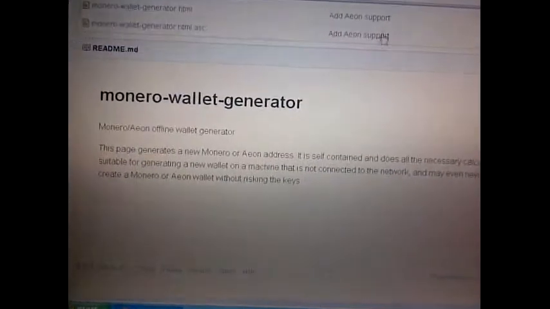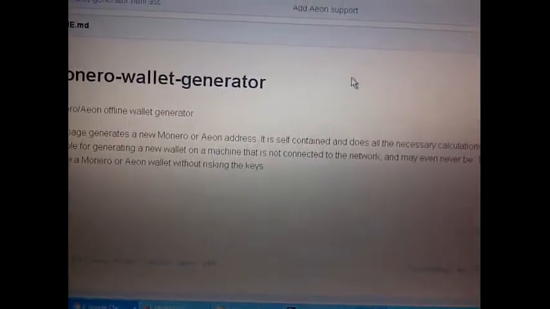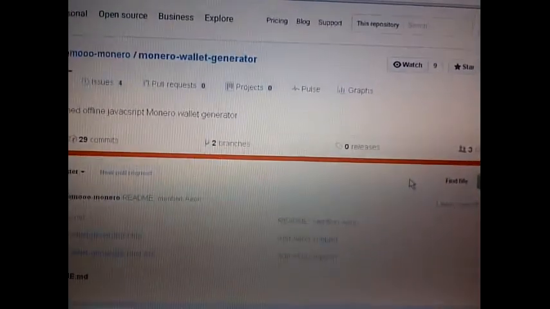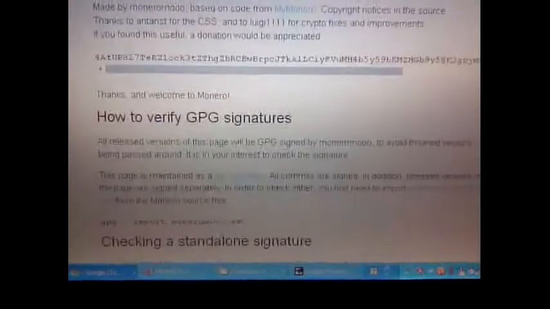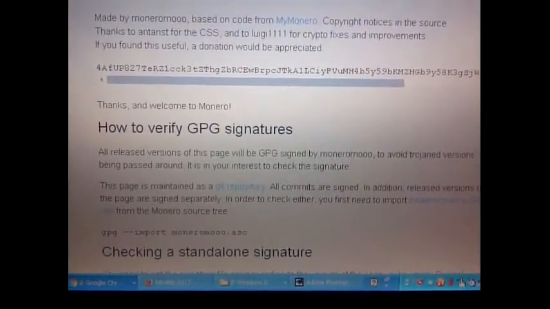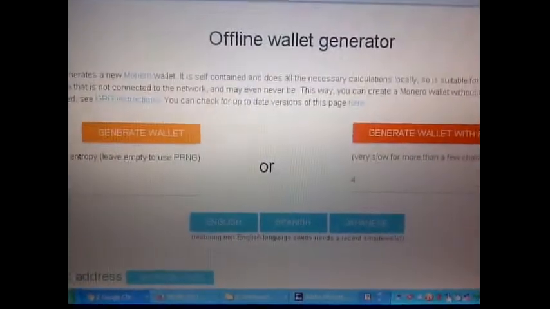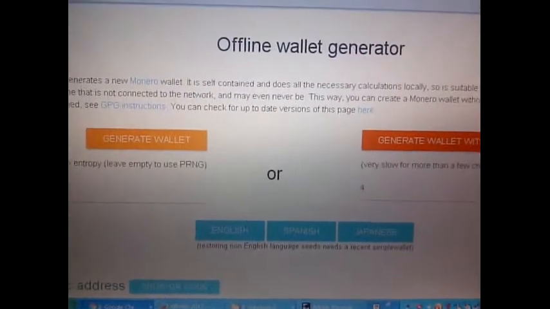Oh. What the hell was that? Okay, I clicked on something. Sorry about that. There's also other stuff like PGP signatures and all this, or not PGP. Let me see. GPG signatures, how to verify. A little too complicated for me. But what I like about this is that